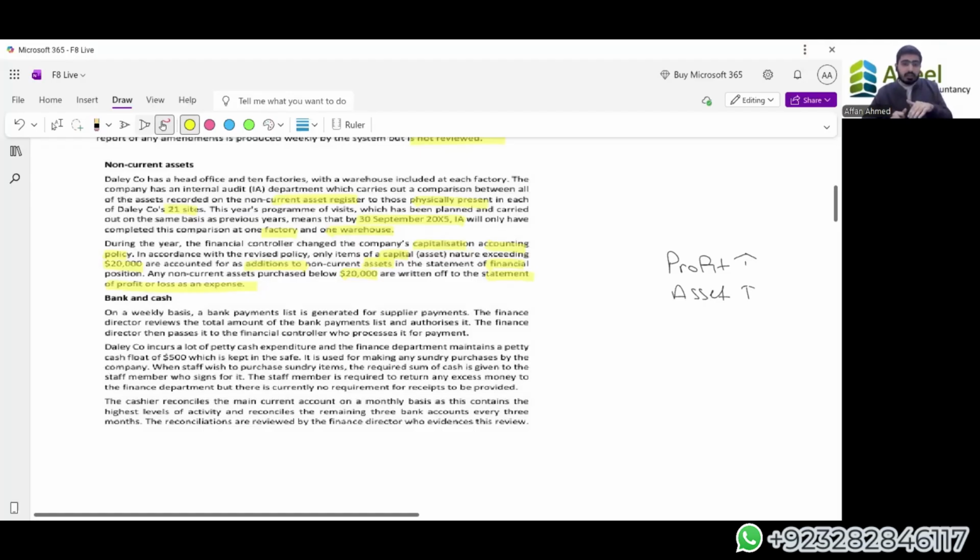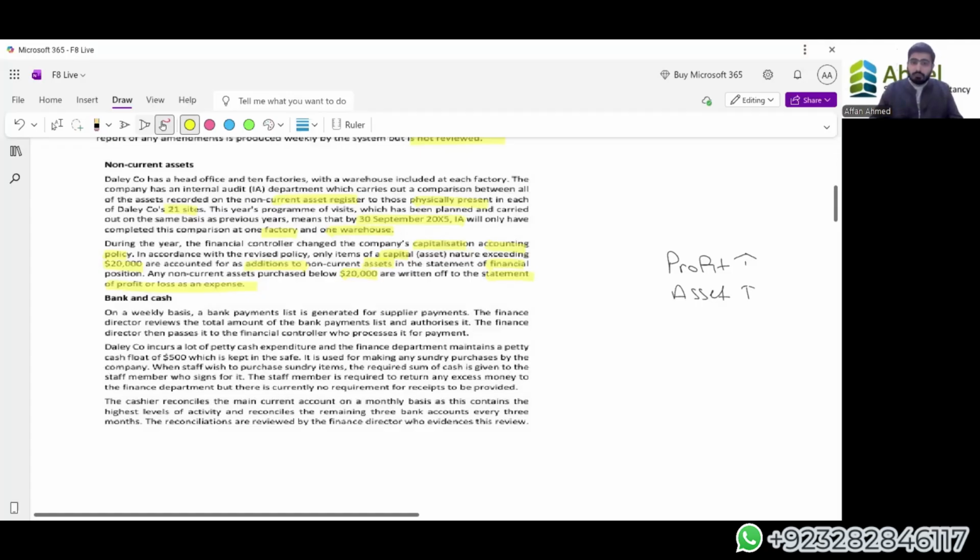Now, this could result in a higher expense. If you're writing off 20,000 worth of a particular asset, it could result in a higher expense and a lower profit, and understate property, plant, and equipment. So the risk is that we might not have approved the transaction. The threshold could be too high. That could result in a lower profit and lower assets as well.